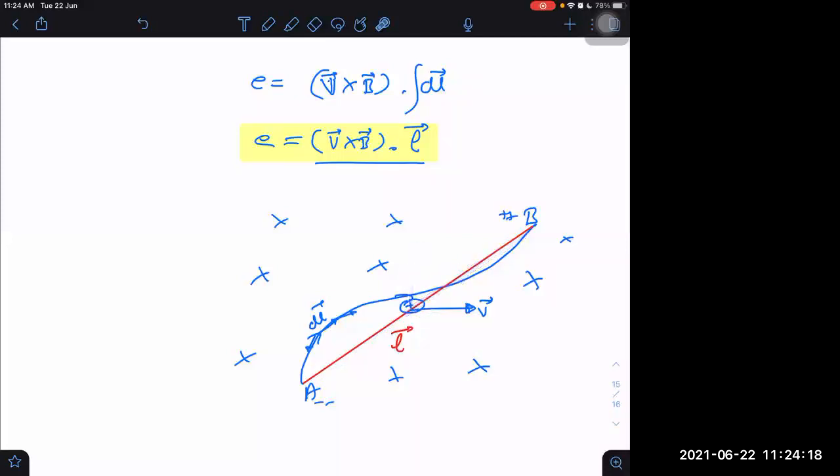A component of that force will be responsible, in this case, for balancing QE. The electric field will be in this direction, and that will be balanced by a component of the magnetic force, not the total magnetic force. Let us say this is theta, then it will be FM cos theta, and that will be equal to QE in this case.